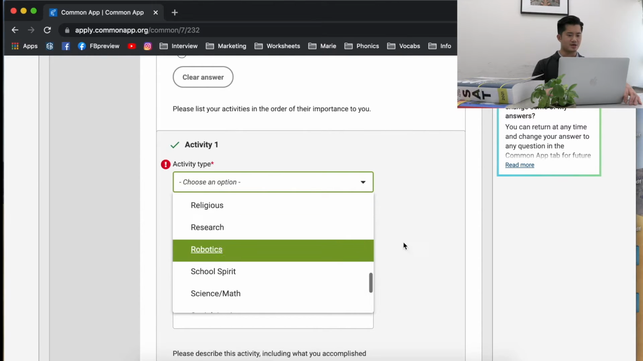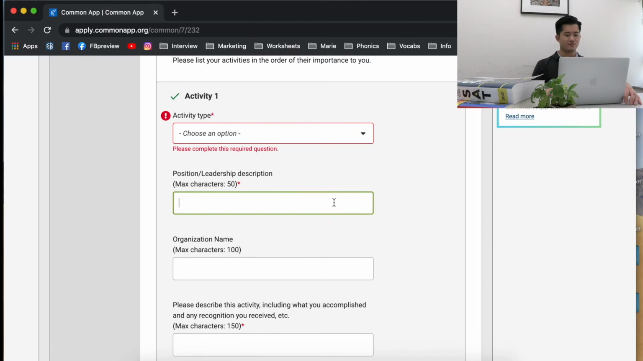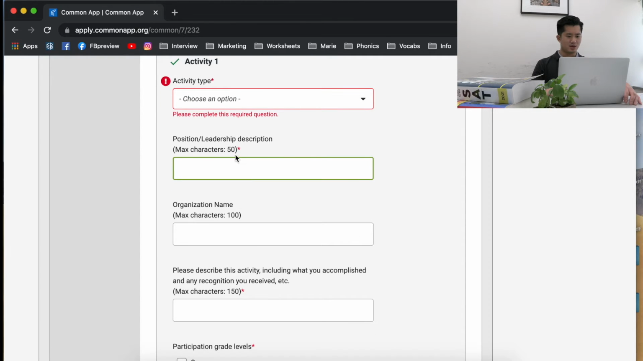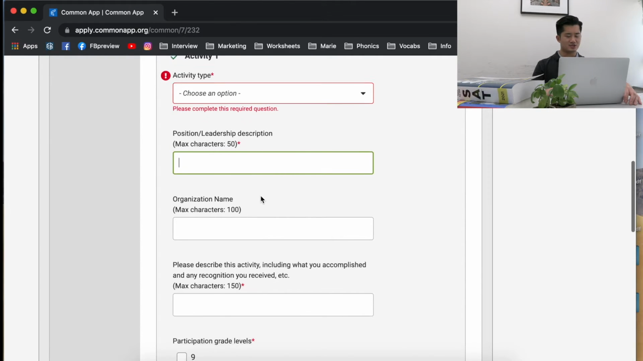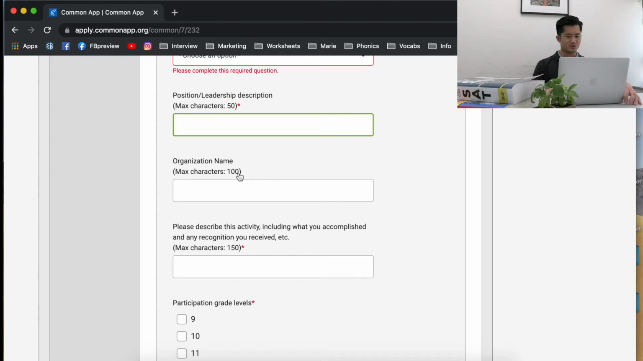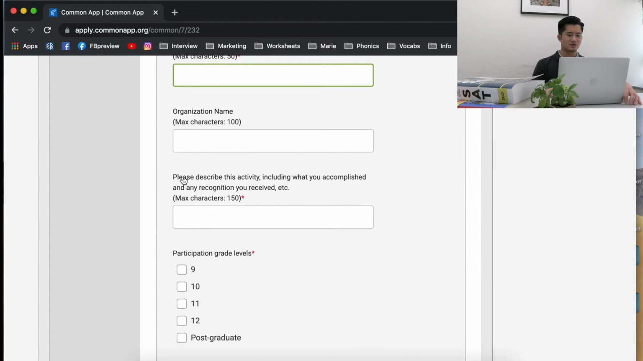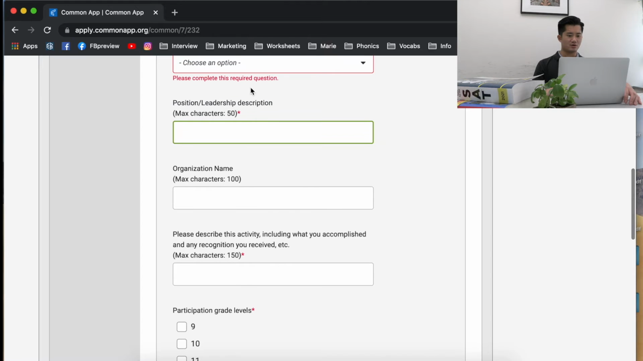And then it's going to ask you to put in the description for the position or leadership. And then it's going to have an organization name and some space for a description. You're going to see that the max characters is kind of small here. And so you definitely have to utilize the limited space in order to fill in as much information that you